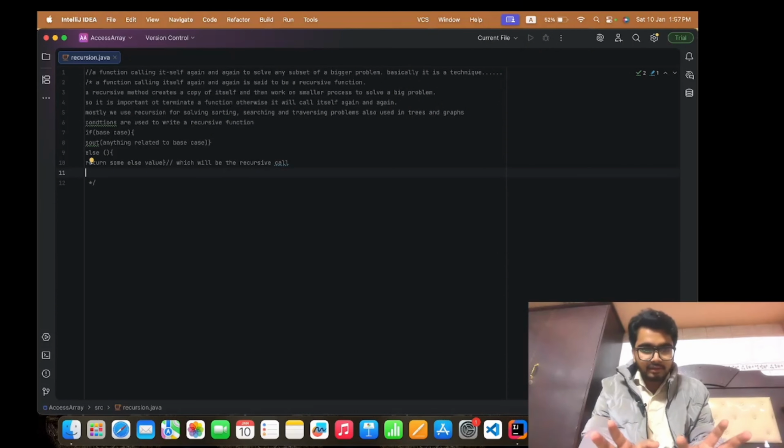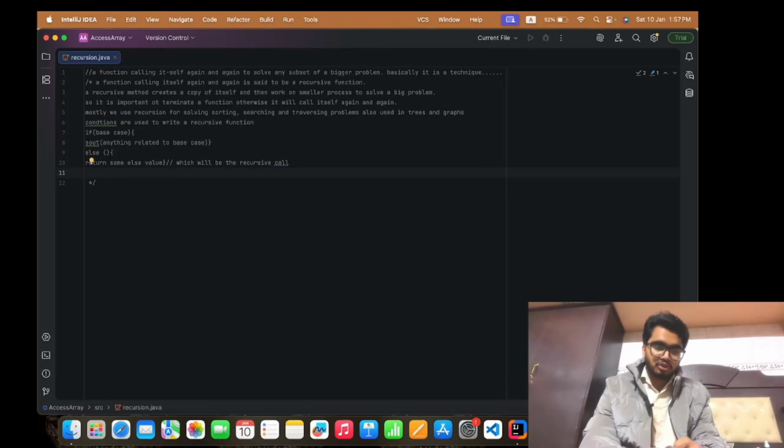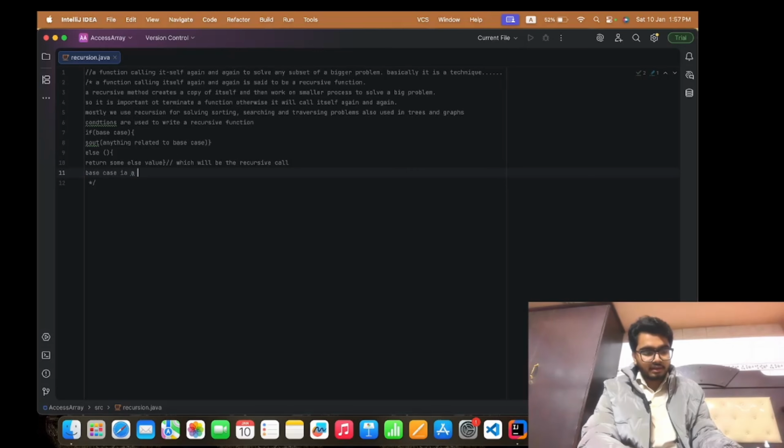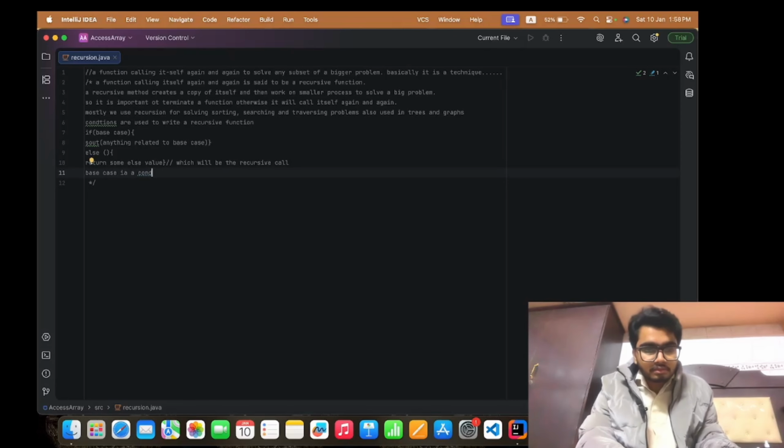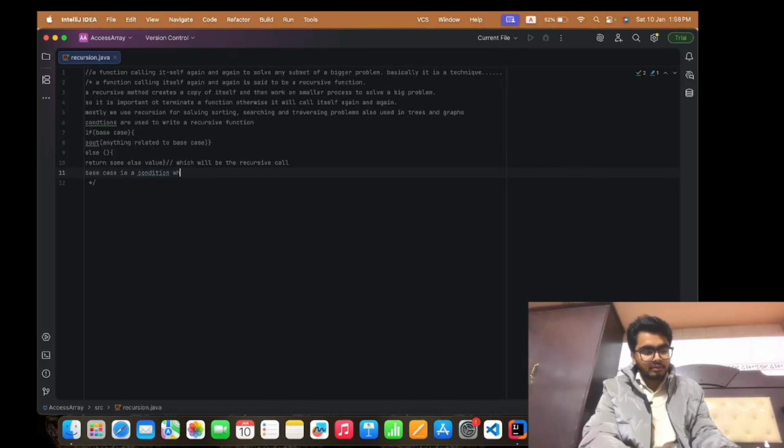Quite confusing, right? For now, just remember one thing: a base case is a condition where you tell the function to stop. Base case, simply, is a condition where the function needs to stop.